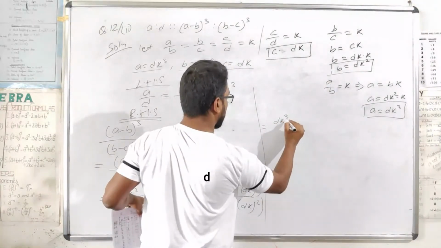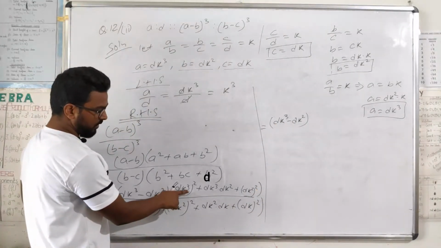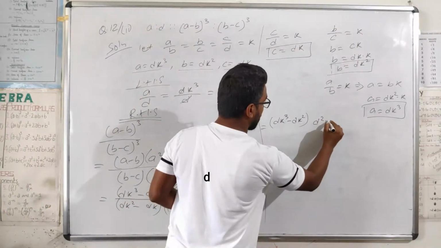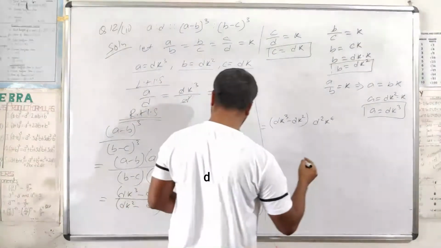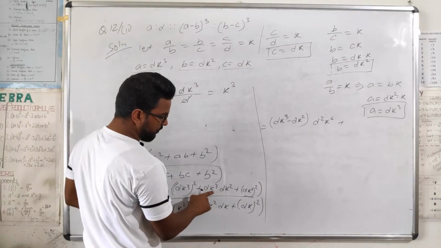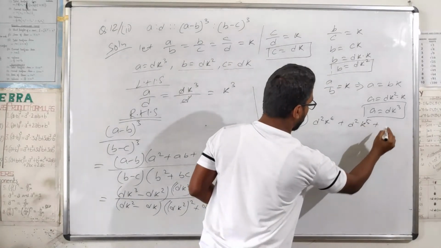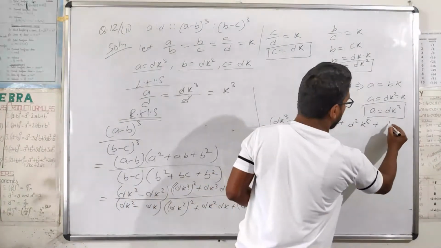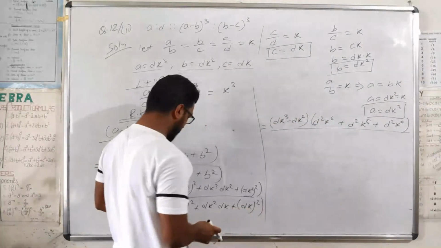dk cube minus dk square, dk cube whole square, so it will become d square k to the power 6 because power will multiply, 3 into 2 is 6. Plus d into d square and k 3 and 2, this will be 5, d square k to the power 5. Plus here it is dk square whole square, so this will become d square k to the power 4. Okay. Similarly in this case also it will become